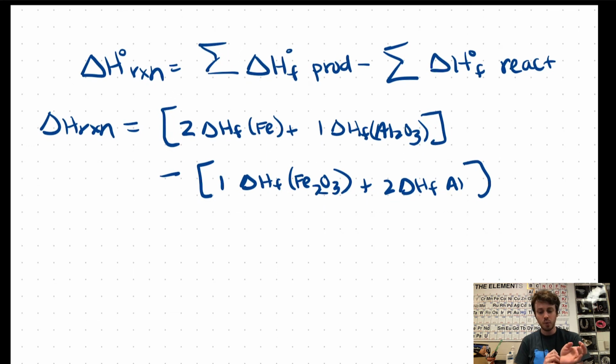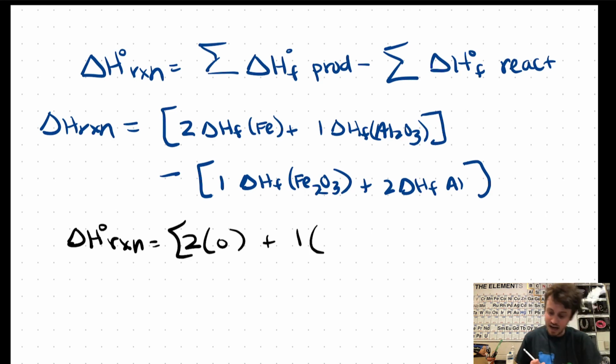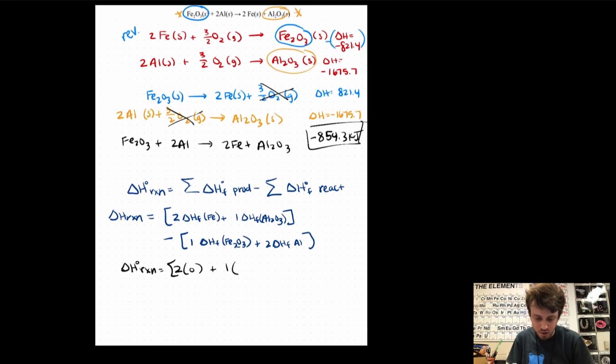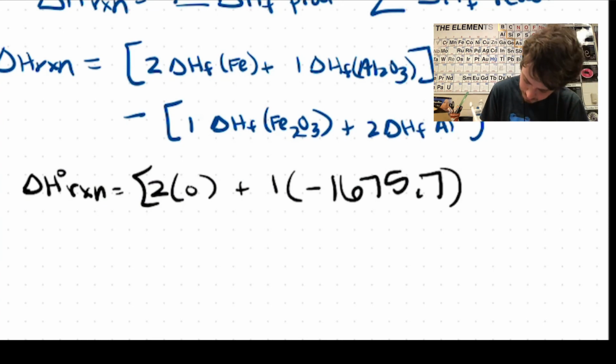Here's where I only gave you 2 delta H of formations. So how do I know the delta H of formation of iron and aluminum? And here's the answer. They're 0, right? They are in the standard state. So when I do this calculation, those are just going to be 0. So my delta H of reaction would be 2 times 0 plus 1 times the heat of formation of Al2O3, which is negative 1675.7,